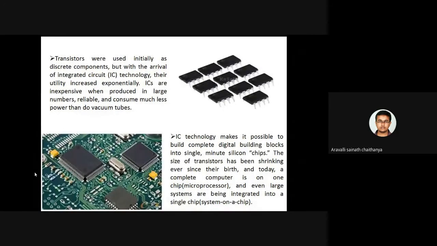And you also know that according to Moore's law, the size of the transistor is shrinking. Because of the shrinkage of the size, we are able to place many more transistors in a single integrated circuit in the same area. Previously, for example, in a 25 square centimeter area I could place 5 to 6 transistors.